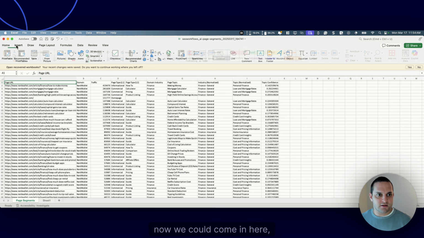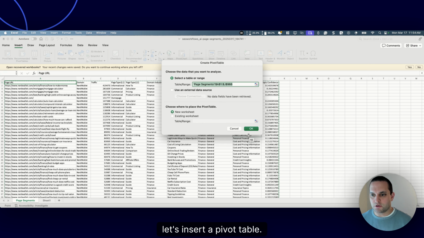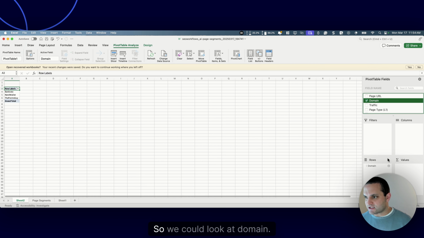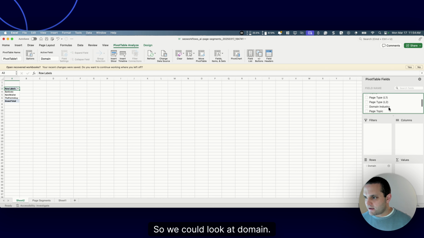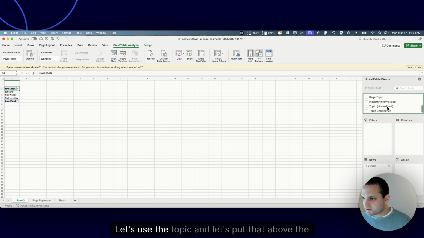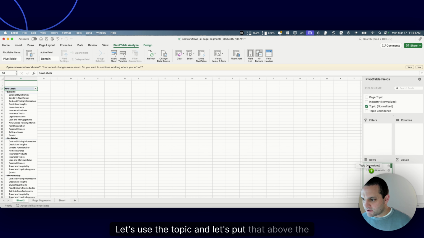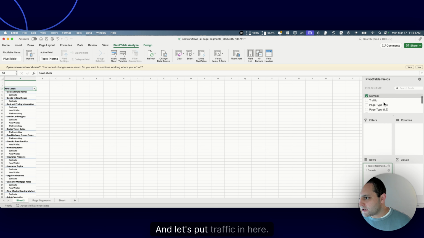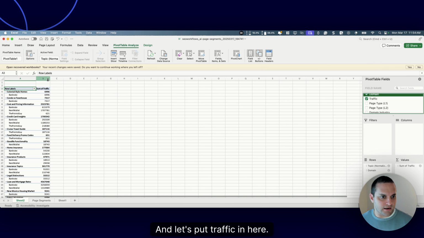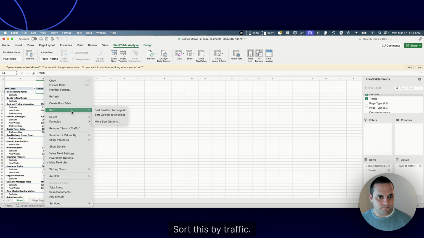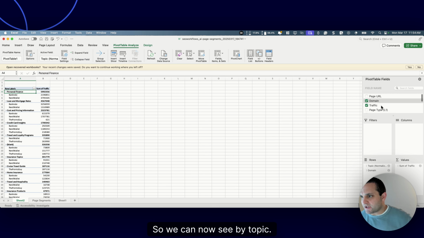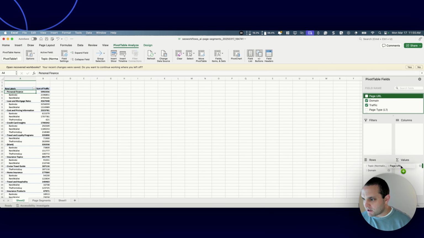Now we could come in here, let's insert a pivot table, and now we can do some interesting things. So we could look at domain, let's use the topic, and let's put that above the domain, and let's put traffic in here. Sort this by traffic. So we can now see by topic, and maybe we'll put page URL as a count as